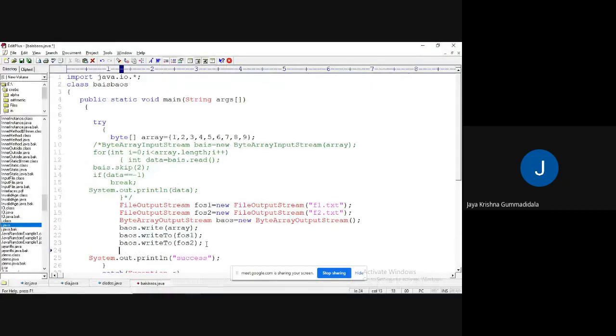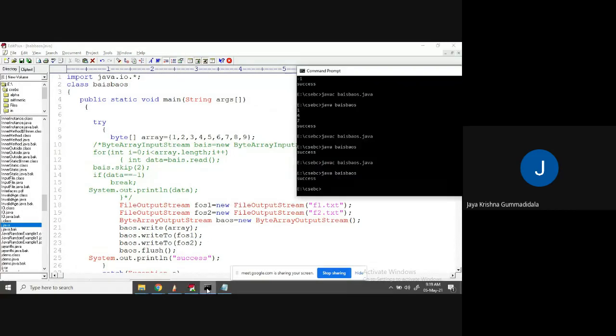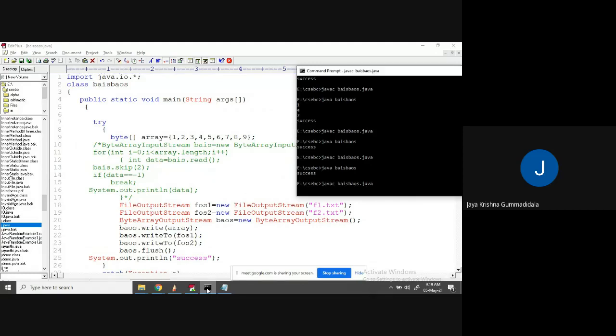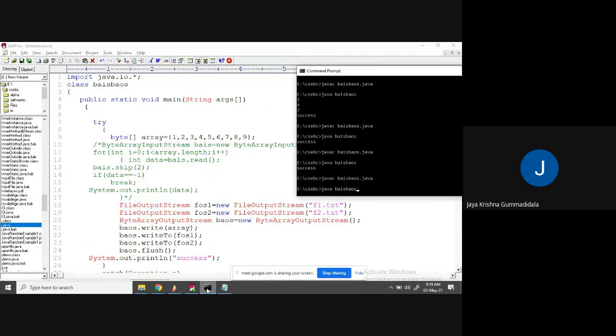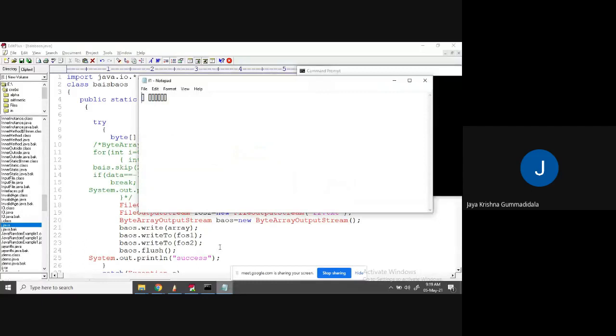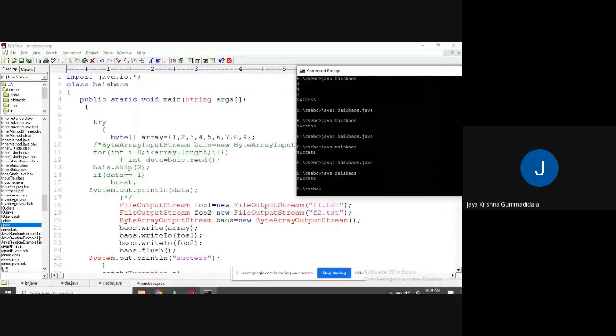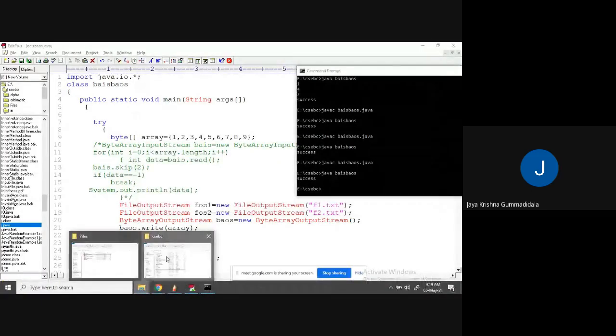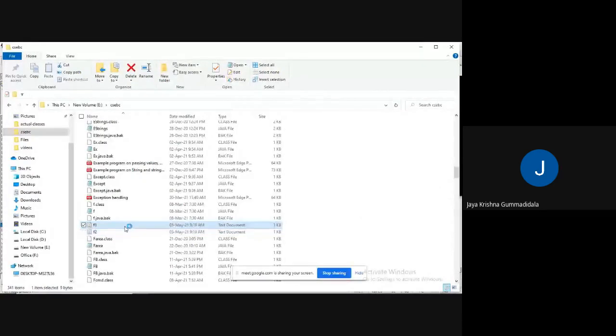Just try BAOS.flush method, to see if anything changes. Any changes? No changes. Okay.